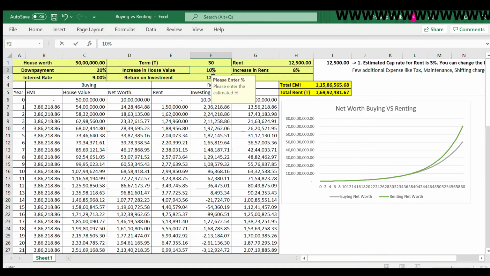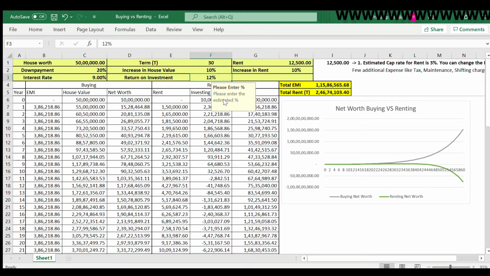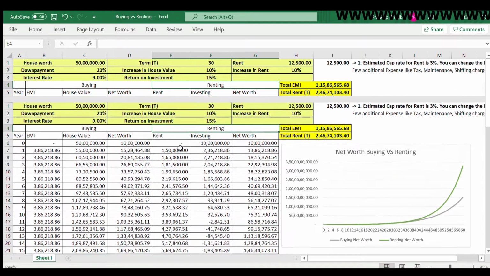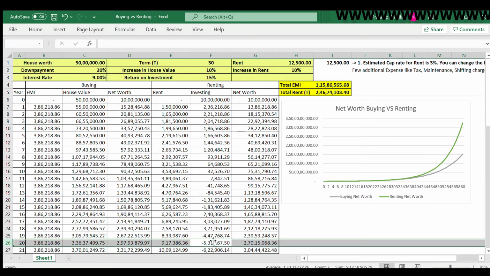That is this column. You're assuming that the increase in house value and rental increase is around 10%, but you're estimating that the return on investment is around 15%. Again, in this case, renting your house is much better because you are able to generate a lot higher return than actually owning a house. Over here, you can see that if you are making an investment at 15% and still assuming rent and house value to increase by 10%, then just after year 10, you will have to start withdrawing money from your investment to have the same differential amount, that is 3.89 lakh rupees in this case, and you will have to withdraw 2000 rupees in year 11,